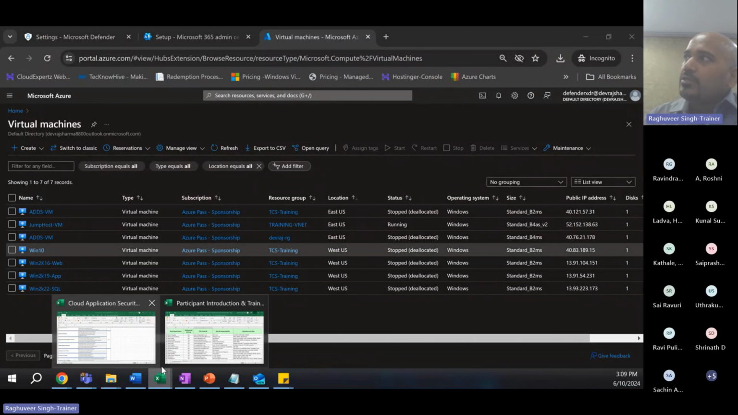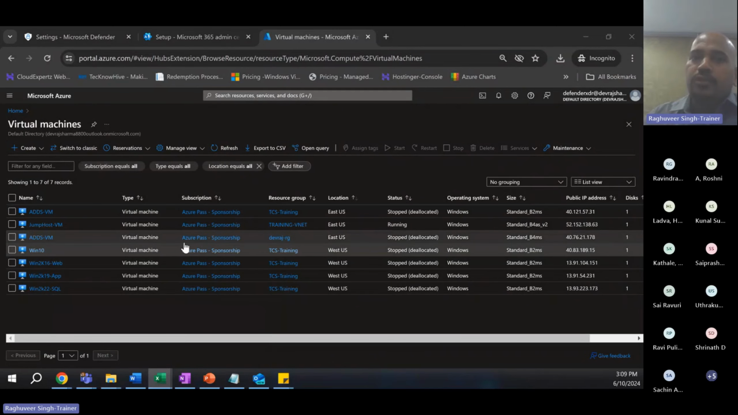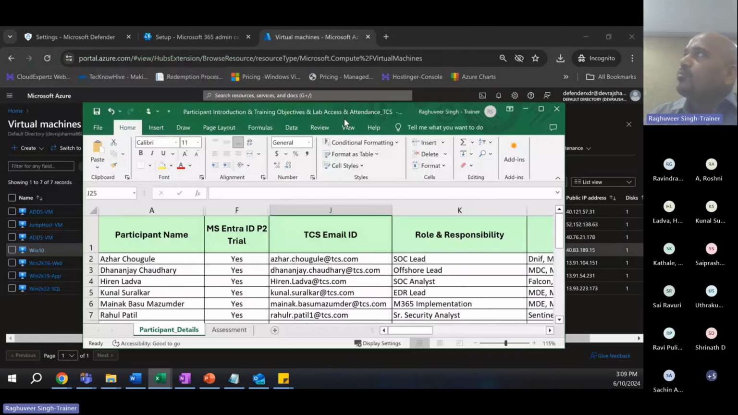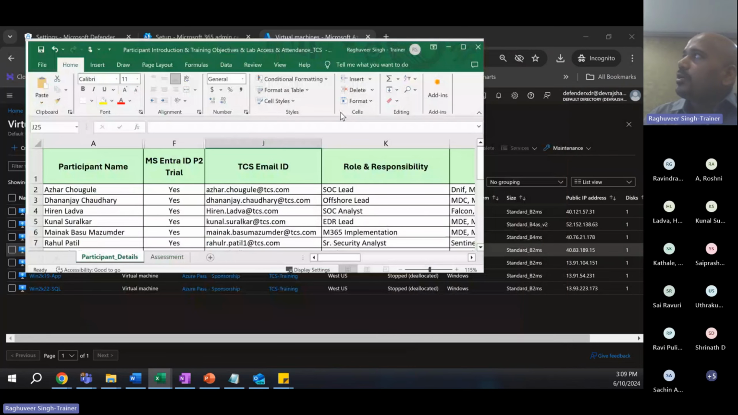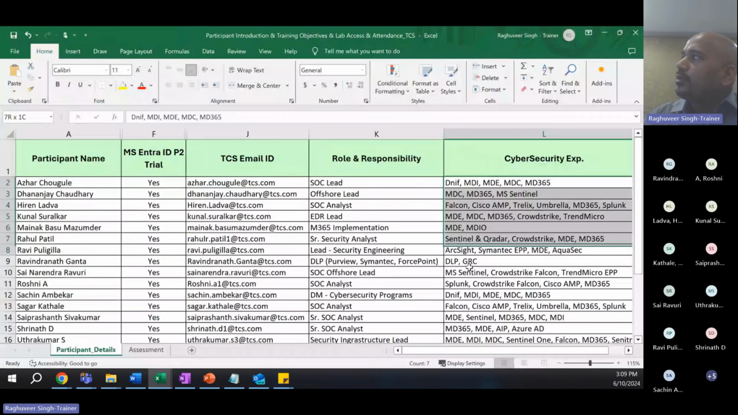When I captured the details from you on day one, most of you told me that you work on these solutions, right? But what you have worked on, you have worked as a consumer, which means the solution is already configured. For example, I see all Defender products here, plus some additional products. But this is more like a consumer. The product was designed, architected, implemented, configured, and optimized by another team, and you're just working as a consumer,